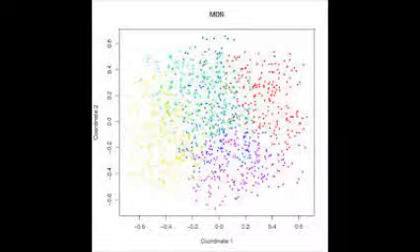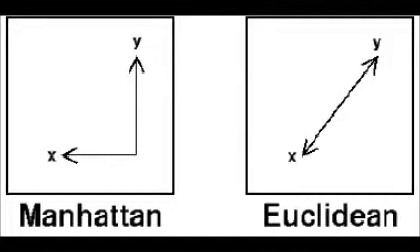So first of all, what is clustering? Clustering is a practice where data will be divided into groups of things that are close together in terms of distance. There are different methods of measuring this distance, including Euclidean distance, city block distance, also known as Manhattan distance,